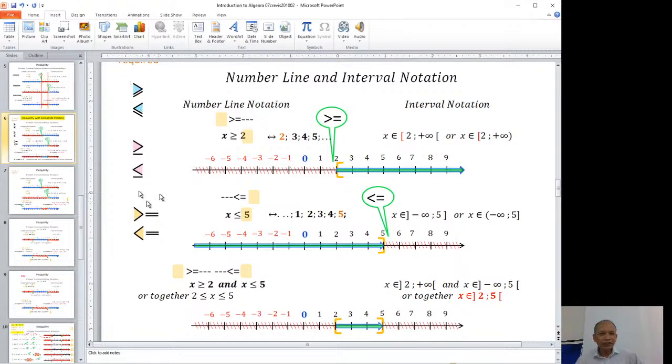So we have three different ways to say inequality and equality together. In the case that we have a composite symbol like this, it means we have to use